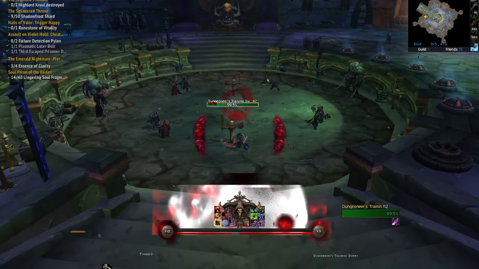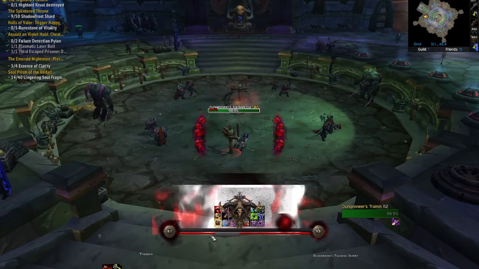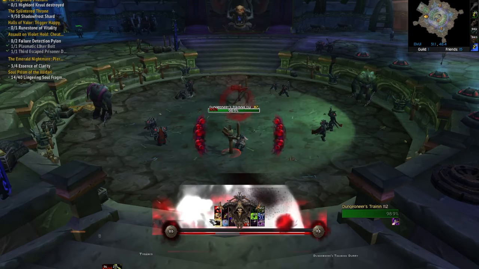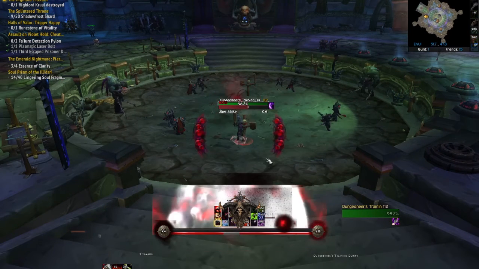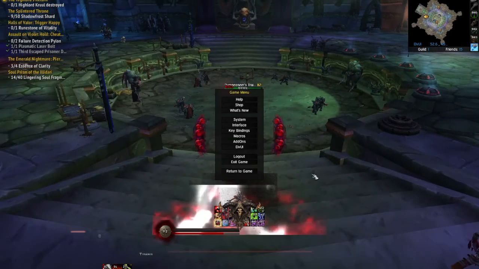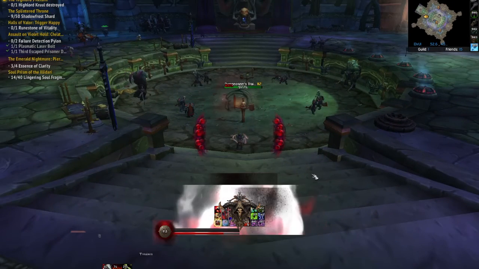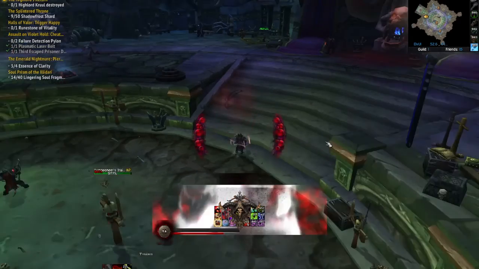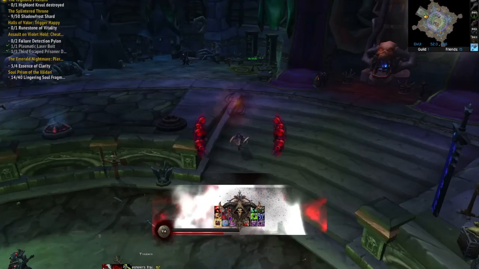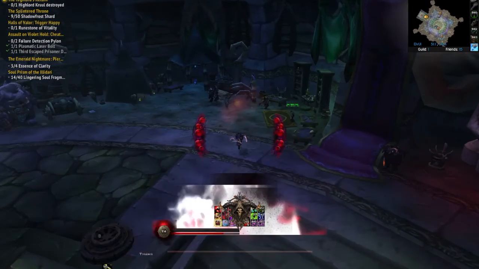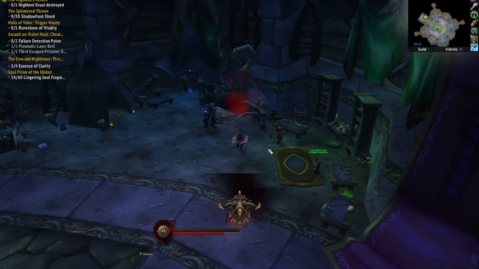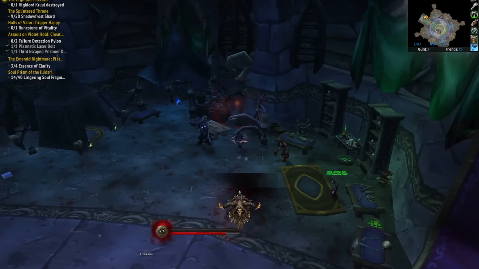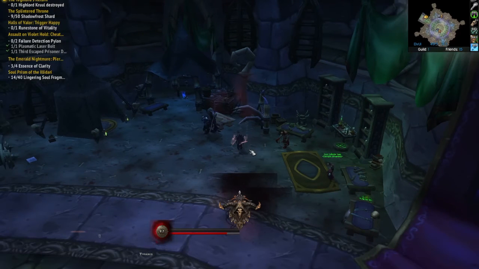And this one shows the health. Here's my target health. Let me exit out of that. Yeah, you can further customize your screen with WeakAuras to display all kinds of different